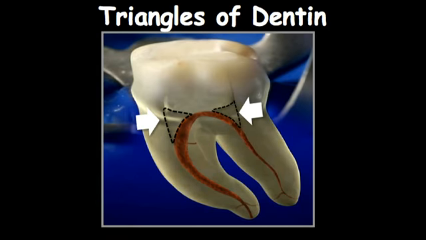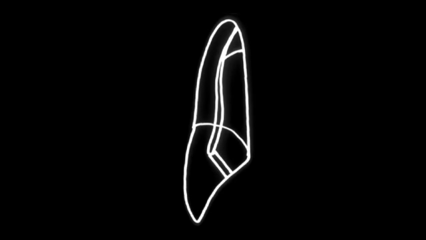But what I want to talk about today is triangles of dentin in anterior teeth. I'm talking about 12 teeth, cuspid to cuspid on the maxillary teeth, cuspid to cuspid on the mandibular teeth. Many of us make an access that looks like this, and we're literally going around two triangles that can be